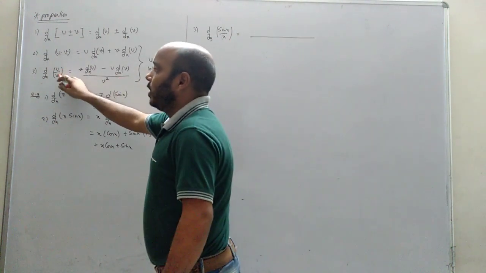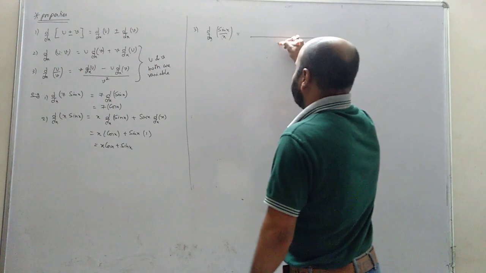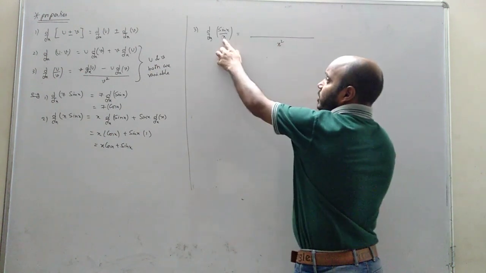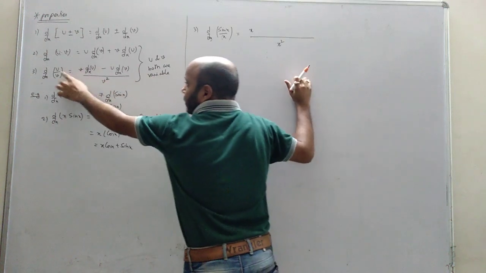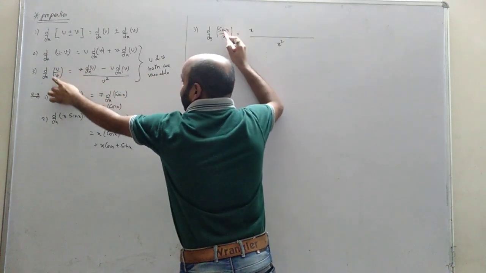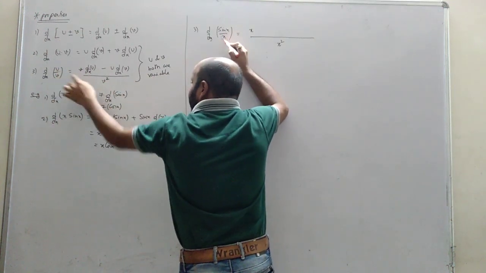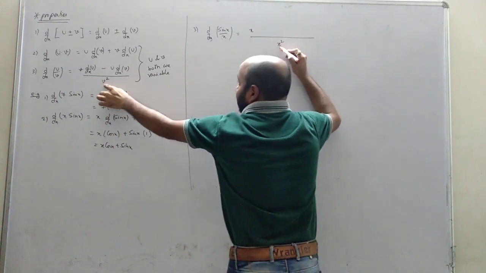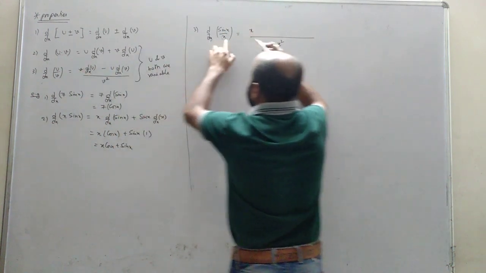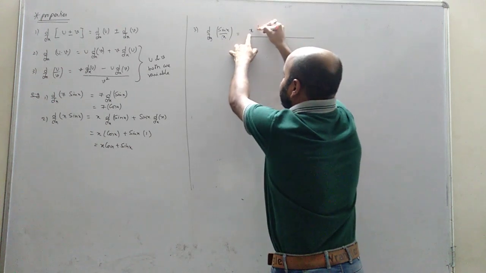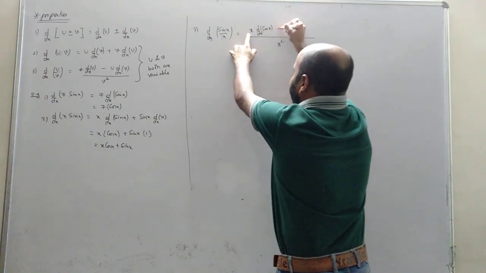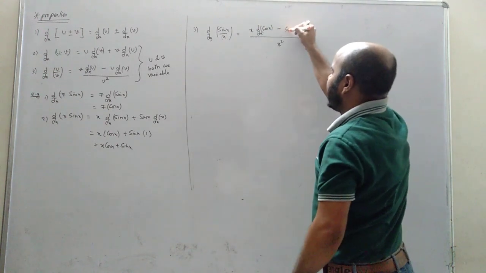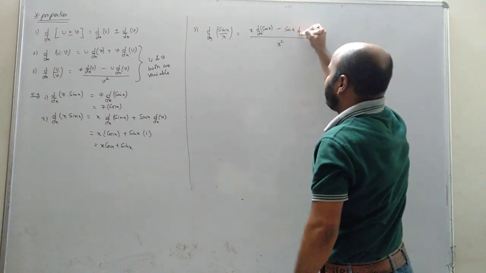What will we do? Denominator square: the denominator is x, so v is x and u is sin x. Below, v square, x square. Above, v is the denominator x, differentiation of the numerator sin x, again minus, now reverse it: sin x, differentiation of